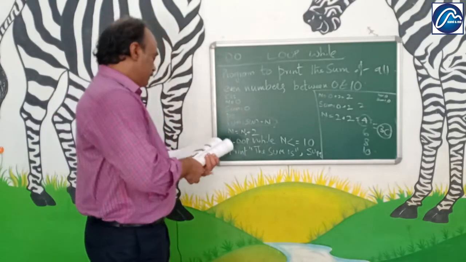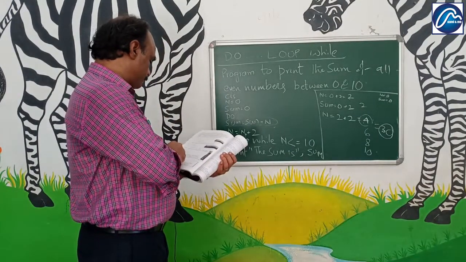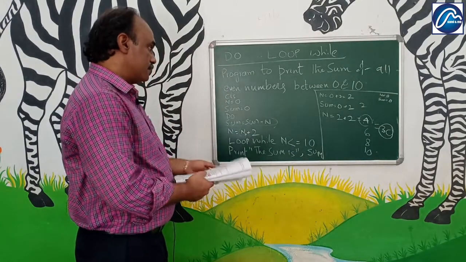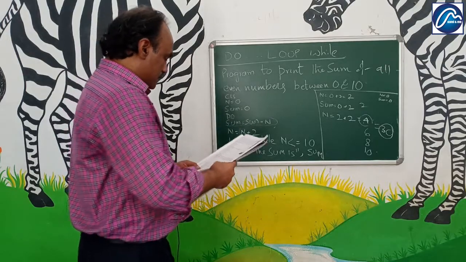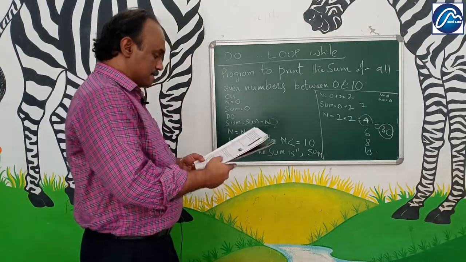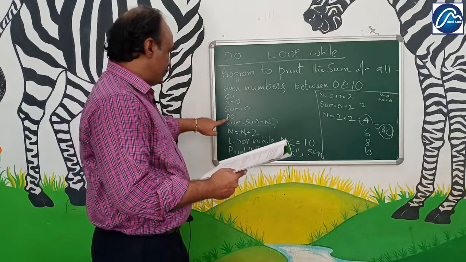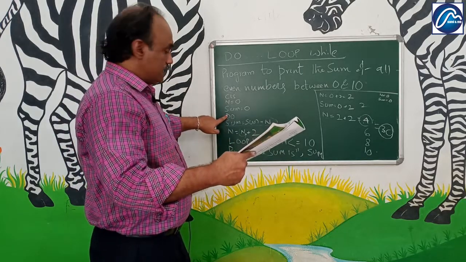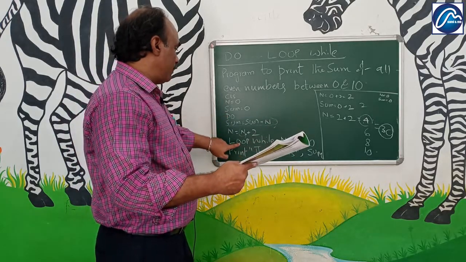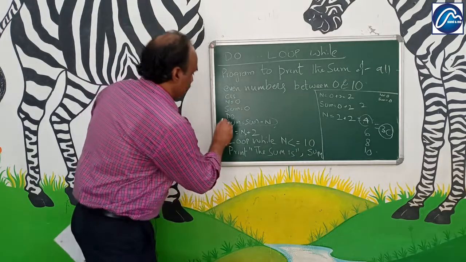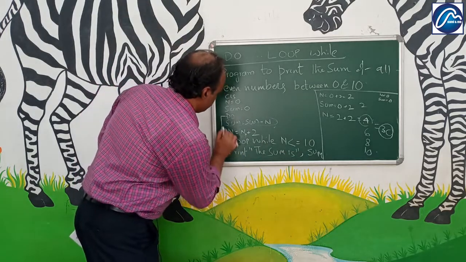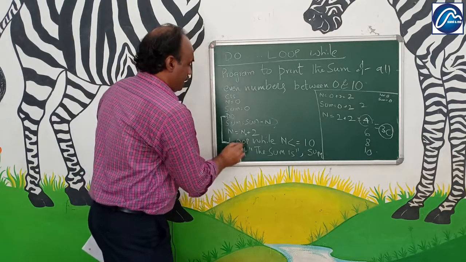Okay, so what is happening here, I'll tell you. And now comes the theory part. The structure of a do loop while is as follows. It begins with a do statement. It ends with a loop while statement. This is the loop here. See, only this much part is the loop. Do and end.